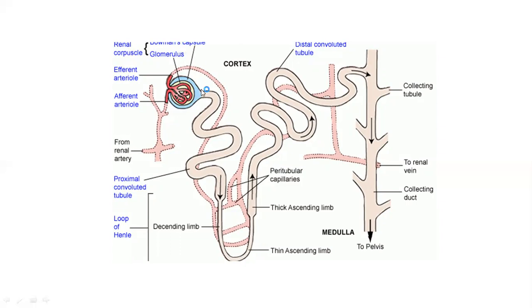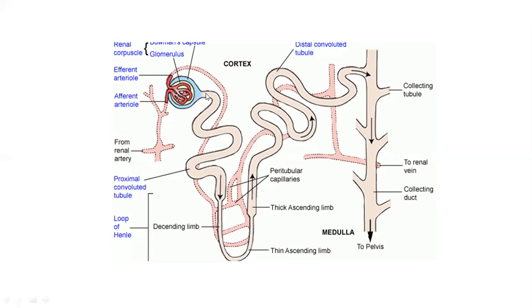Okay, then we talked about the second part of the nephron, and we called it the renal tubule. So my dear students, starting just after the Bowman's capsule, this one where my cursor is moving, and up till this whole part. So this part starting just after the Bowman's capsule, and this whole portion moving up to over here where my cursor is present, this whole part is the renal tubule, the second part of the nephron.